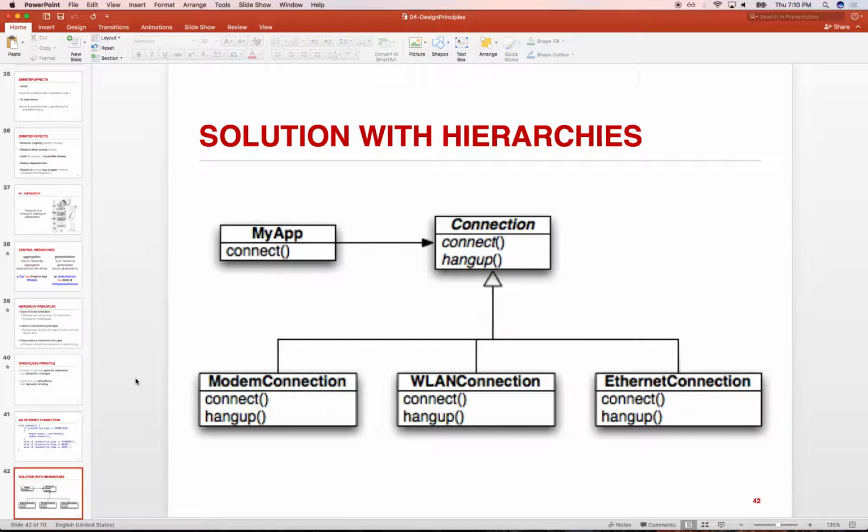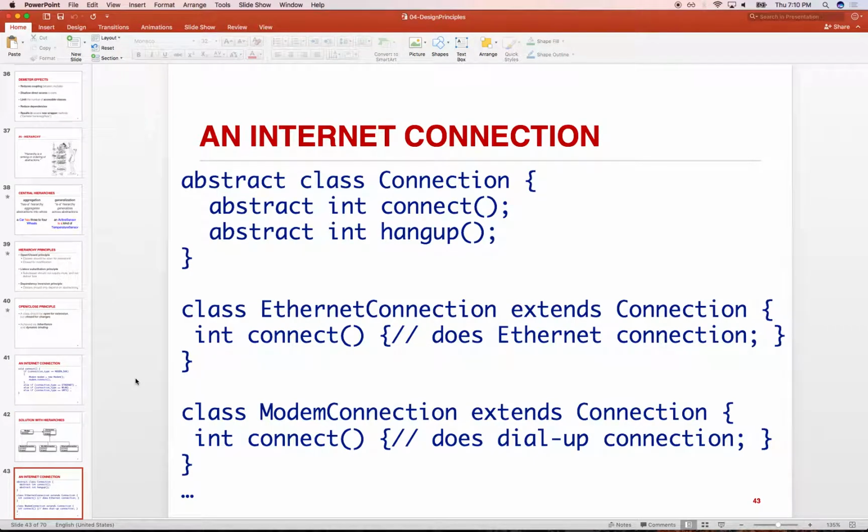In an abstract sense and graphically, this is what we meant: we have this base class, and then we have the individual implementations of connecting either LAN, Ethernet, or modem, and each one knew the specific implementations of their connect, hang up, flush and purge and whatnot, all these APIs. Then we would have to come up with the syntax to declare these things. We would have an abstract connection class that wouldn't actually have the implementation,